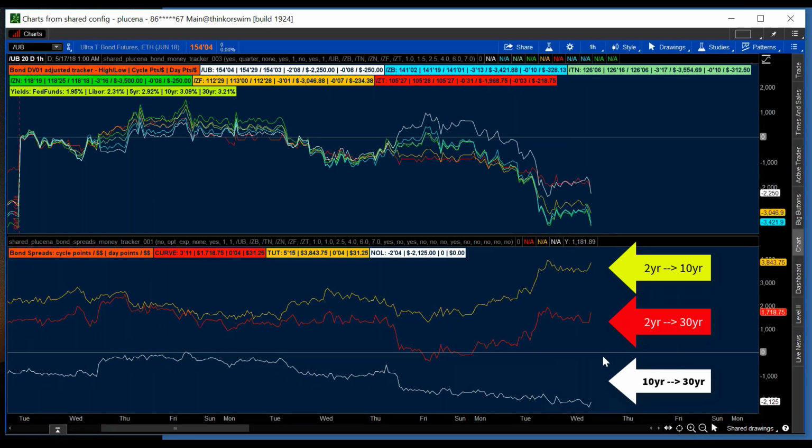This is awesome. And this is how people could really understand just by going through exercises like this, because this is the entire curve. 2s10s, 10s